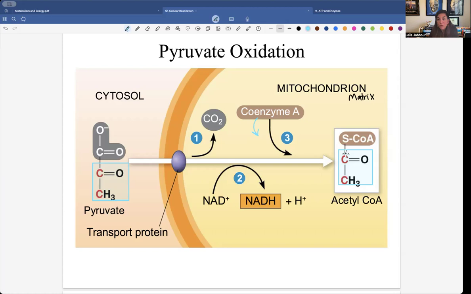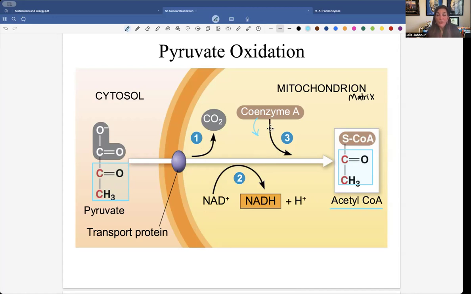So here the smaller 2-carbon molecule grabs on to the CoA and becomes acetyl-CoA. So this is what you have to remember. This is important. Pyruvate enters in the inner membrane, it loses a CO2, and at the same time, it grabs a CoA and becomes acetyl-CoA. To do that, you also need NAD+,